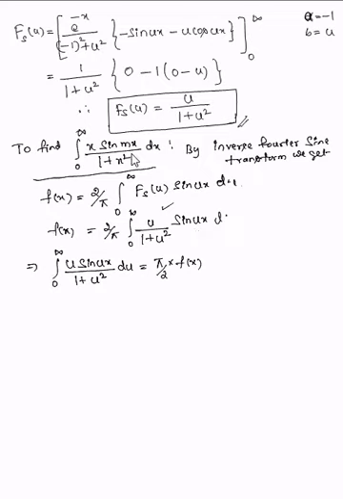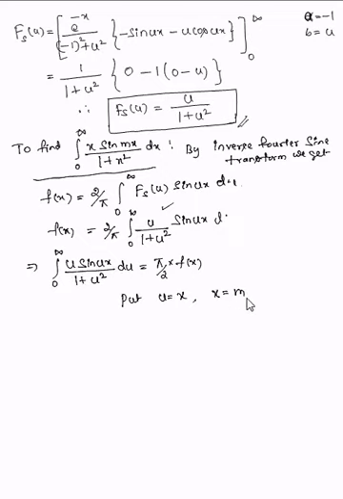Now here, just compare. Here x into sine is there, here u into sine is there. So I'll put u is equal to x, and in place of x here, I'll put x is equal to m. Observe carefully: wherever u is there, I'll put x, and wherever x is there, I'll put m.